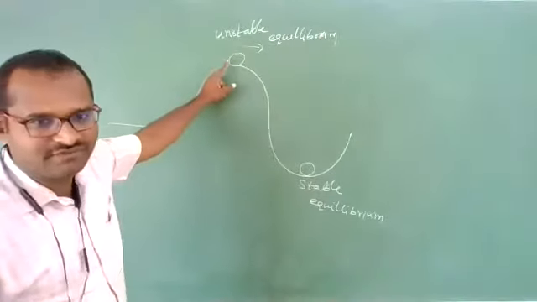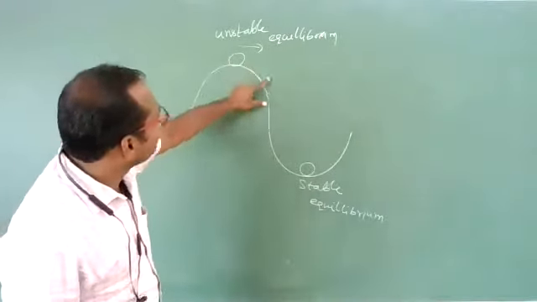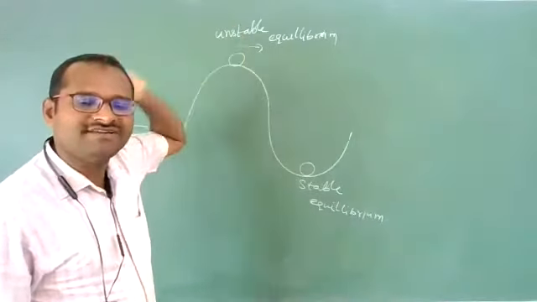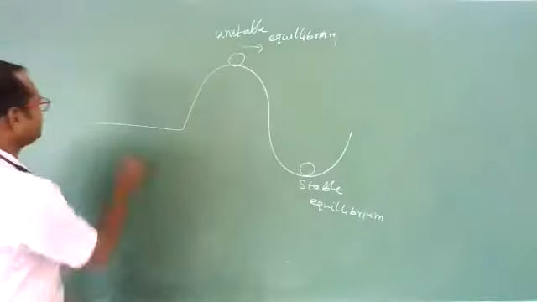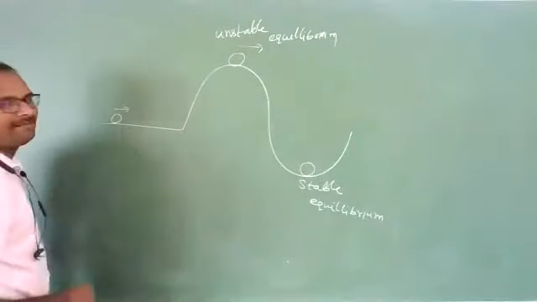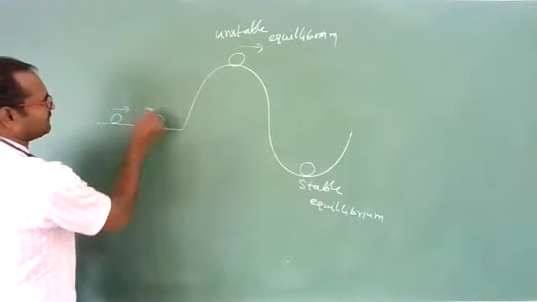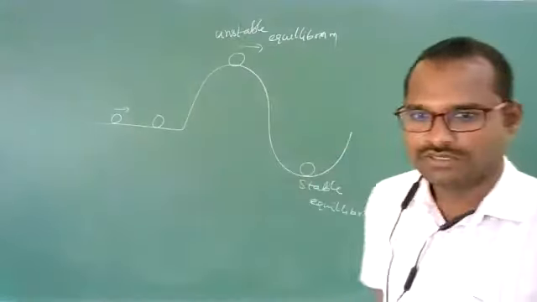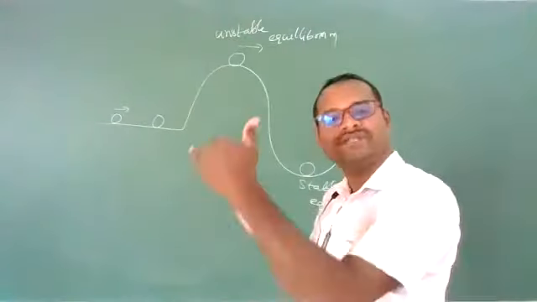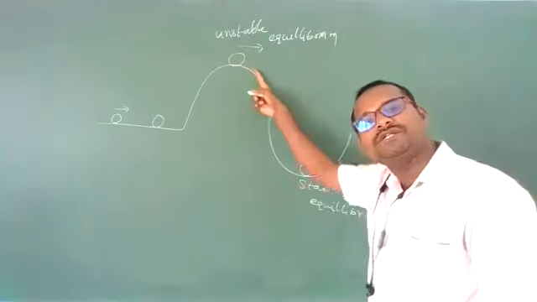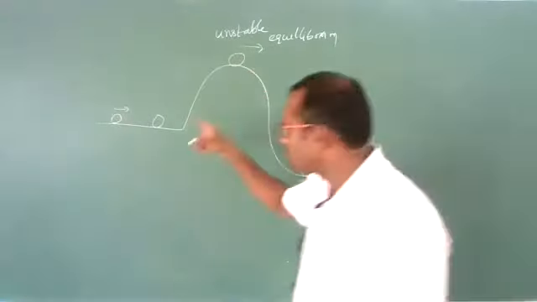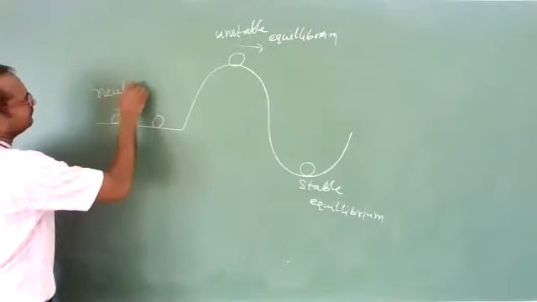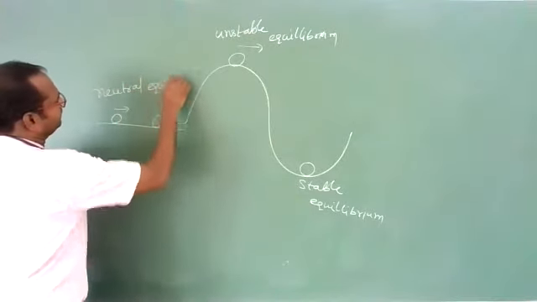If you displace an object from here, what happened? It will slide down. Again, it cannot come back. Clear? So this type of equilibrium is called unstable equilibrium. Now on this, if you keep an object and displace it from here, what happened? It will go somewhere else, and it will stay there. Means it will attain a new position. But it cannot come back, it will attain a new position and stay there. Whereas here, it will continue to be in motion. So this type of equilibrium is called neutral equilibrium.